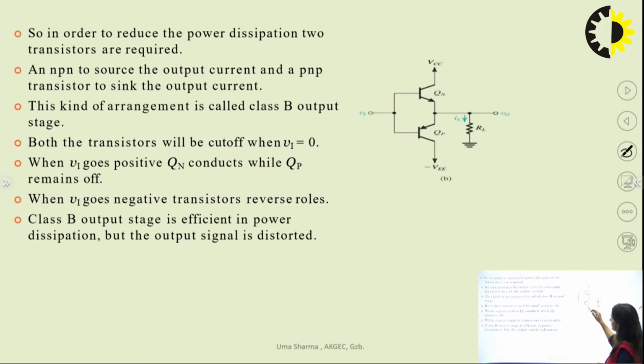This kind of arrangement is known as the class B output stage circuit, where both the transistors are cut off when Vi is 0. So in that case, when the input is 0, the circuit is switched off. That means there is a power saving in case of class B configuration. So over class A amplifier, we can prefer class B amplifier, but in that case